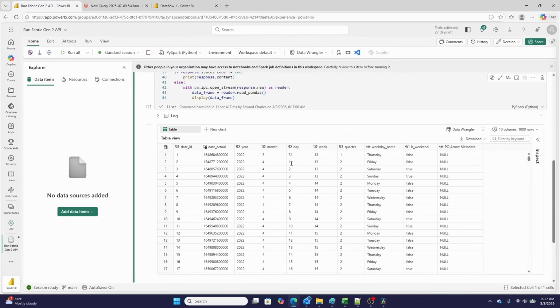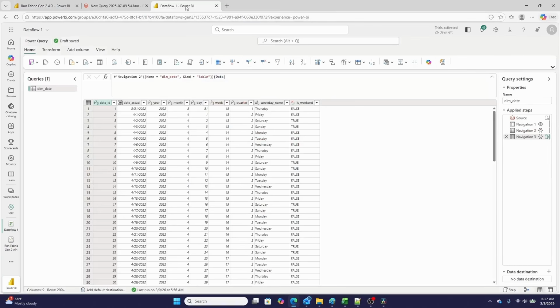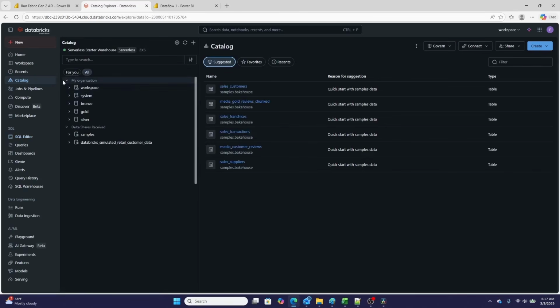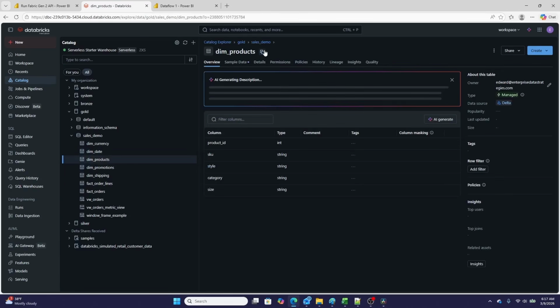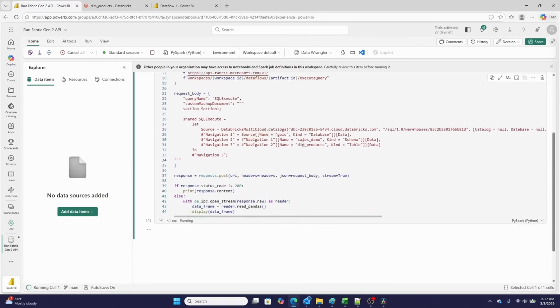Like here it is. What's interesting, though, is that we don't actually have to keep this M code consistent. We can simply utilize the connection of any existing query that already existed in here. So remember, I was bringing over dim date. What happens if instead of bringing over dim date in Databricks right here, I were to go into gold, go into sales demo, and bring in dim products? Well, I could simply update this Power Query expression right here, paste this in, and remove the catalog and schema there,